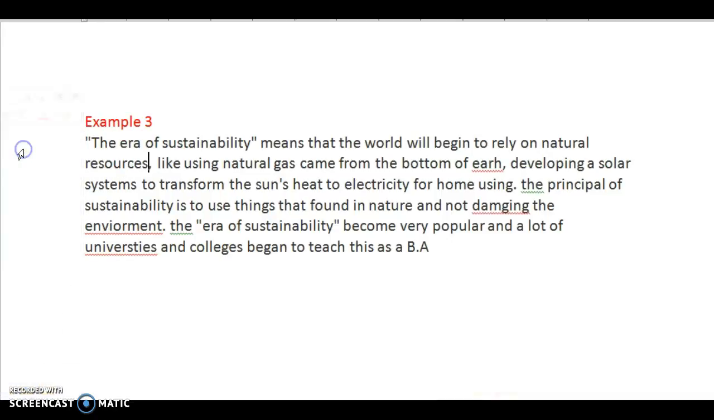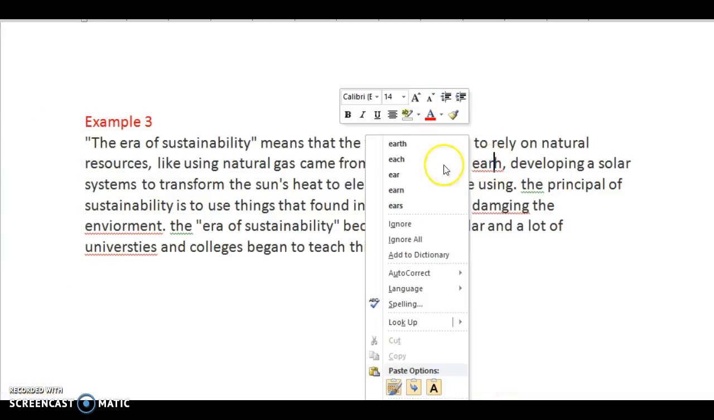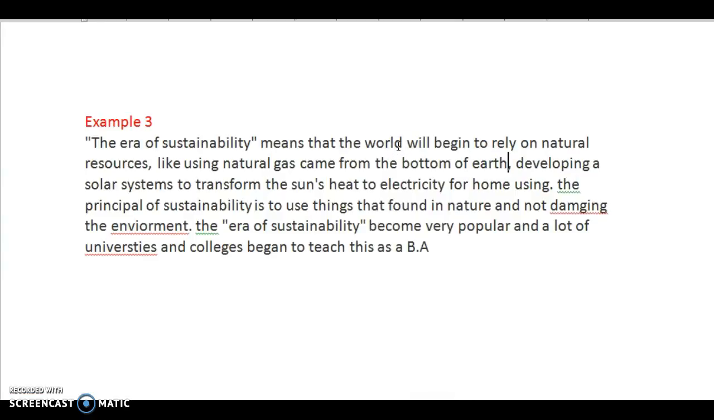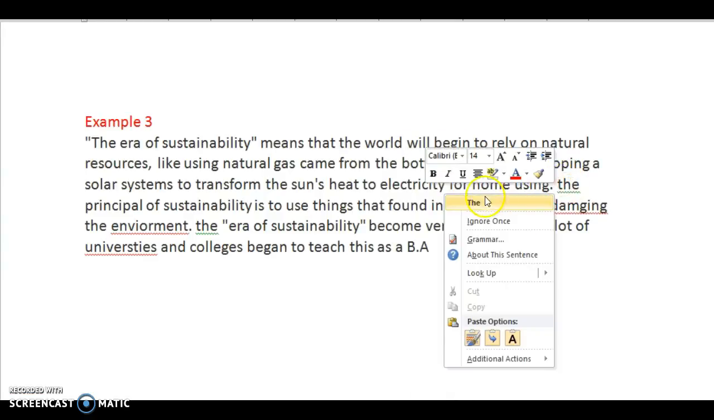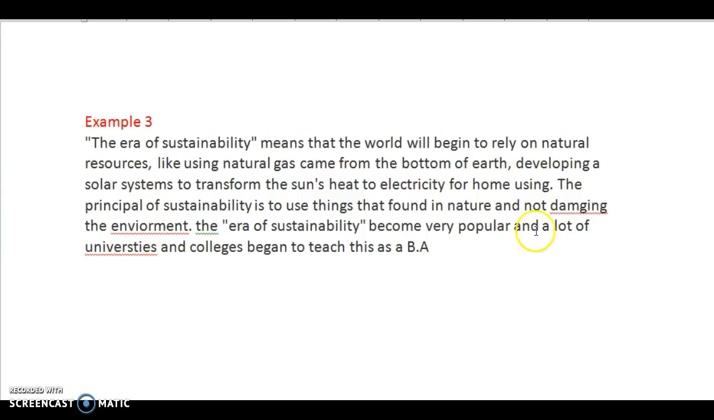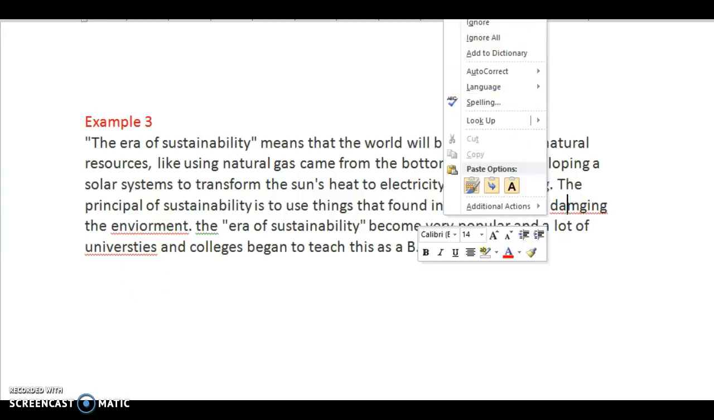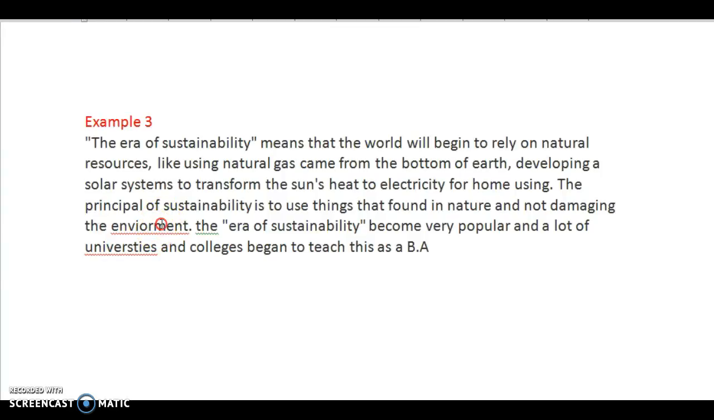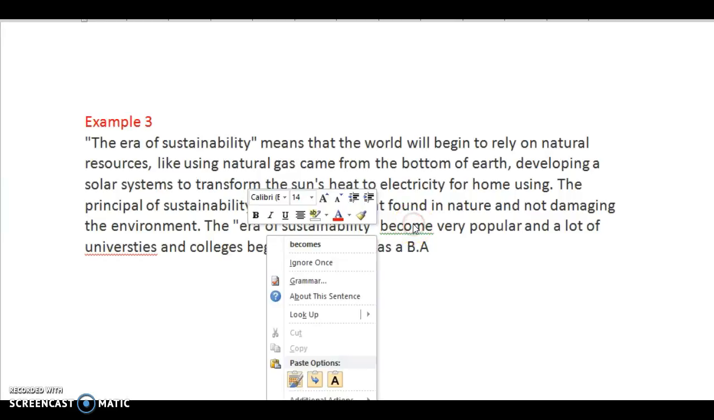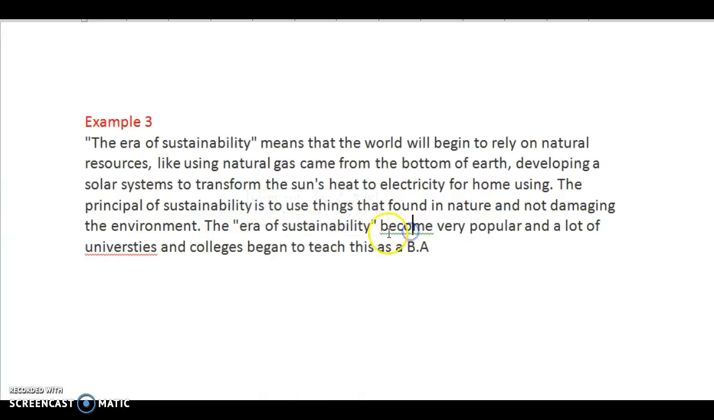Resources. Yep. What's the problem here? Earth. And then, capital letter. Damaging, that's the way you spell it. Oh, yeah, I meant environment. And then again here, the era of sustainability becomes, well, here we would probably want has become very popular in a lot of